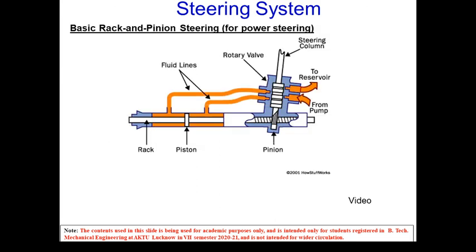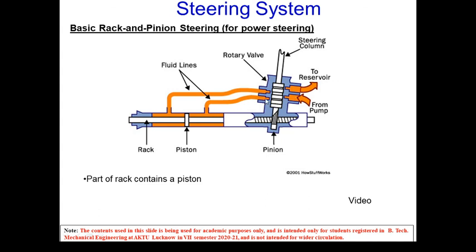We can see from this example the basic rack and pinion steering for power steering, which consists of this cylinder. Now see this rack, this piston. This is built in with the rack only. And this is the pinion. Now see the movement. Other components are the steering column. Here we have the steering wheel. This is a reservoir that comes from the pump. High pressure fluid comes from the pump to this side. While turning this, the fluid pressure acts by turning left or right.